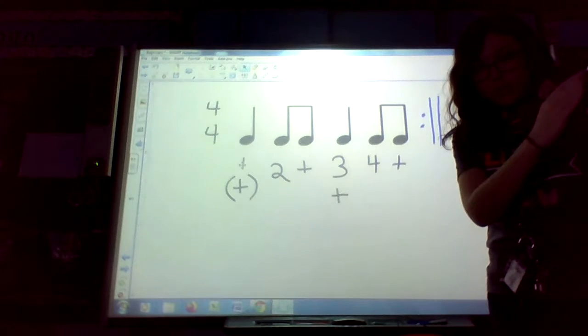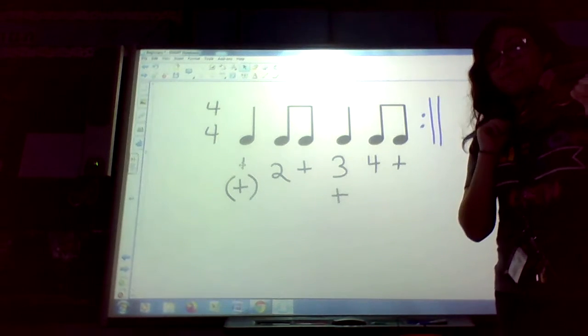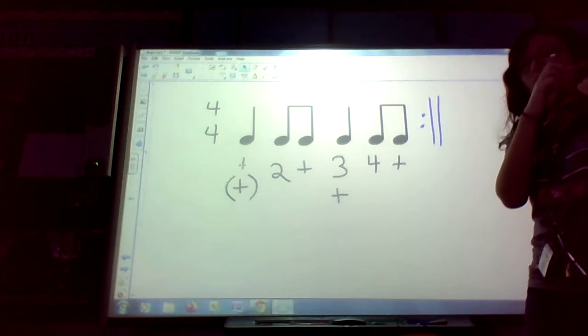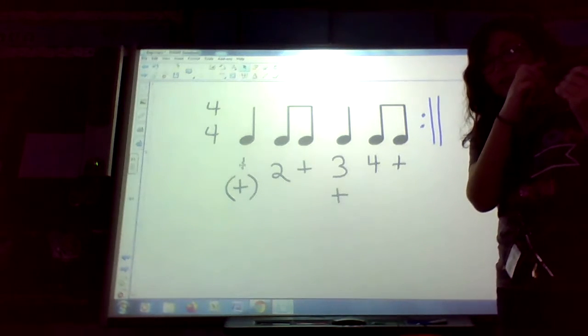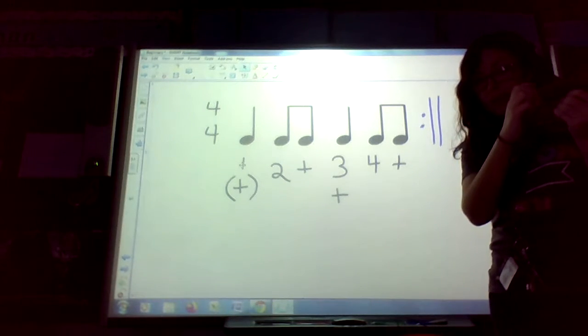Okay, pick up your instrument. You're going to try it with me. We will repeat it 3 times. 1 and 2 and 3 and 4 and. 1 and 2 and 3 and 4 again. 1 and 2